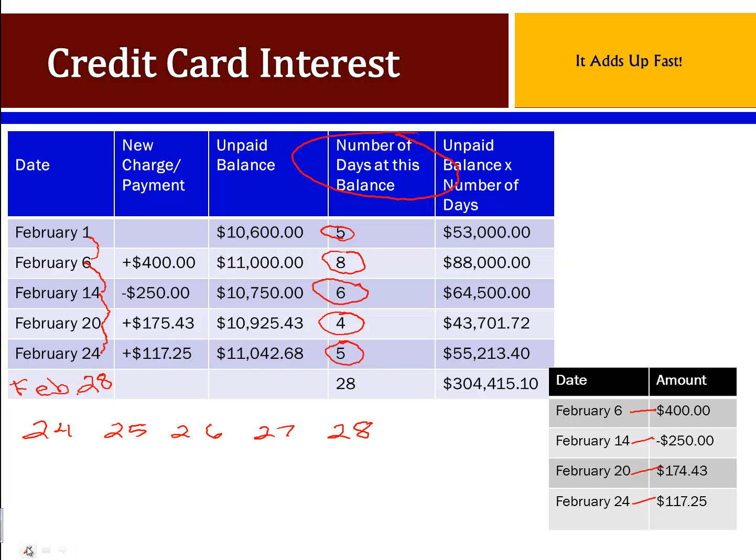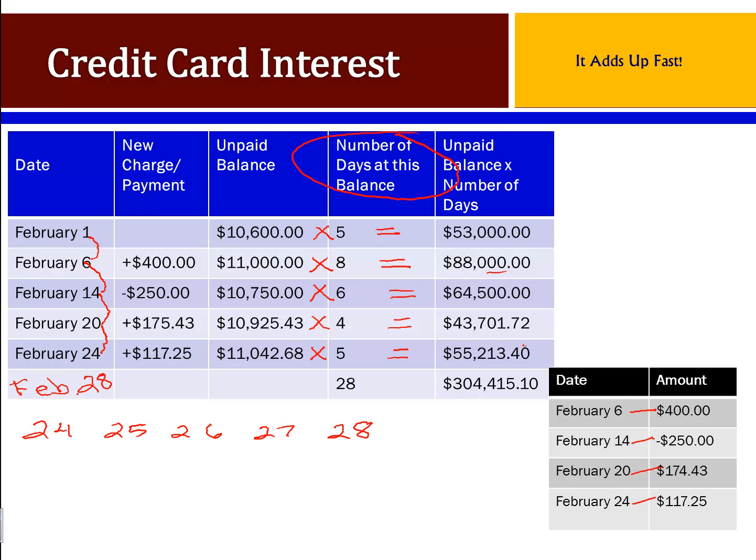So in order to get the 53,000 that you see here, $10,600 times 5 equals 53,000. 11,000 times 8 equals 88,000. 10,750 times 6 is 64,500. 10,925.43 times 4 is $43,701.72. $11,042.68 times 5 days is